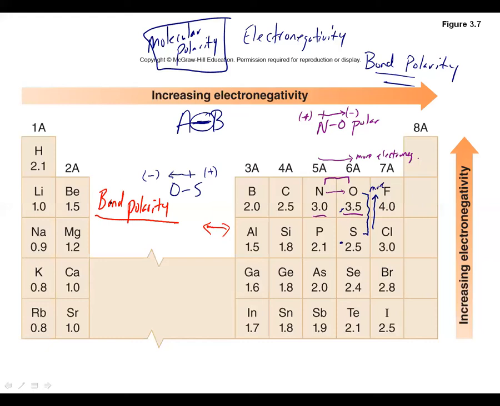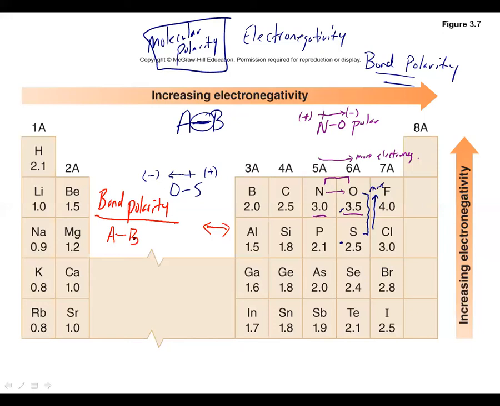Bond polarity is pretty much what it sounds like. It really is just between, say, two atoms, whether that bond is polar, non-polar, or even ionic. Remember the differences between those types of bonding: an ionic bond has no sharing of electrons, so there's a transfer of electrons from the metal to the non-metal. What holds that together is the positive and negative attraction between the two ions. That's different than a covalent bond, which can be polar or